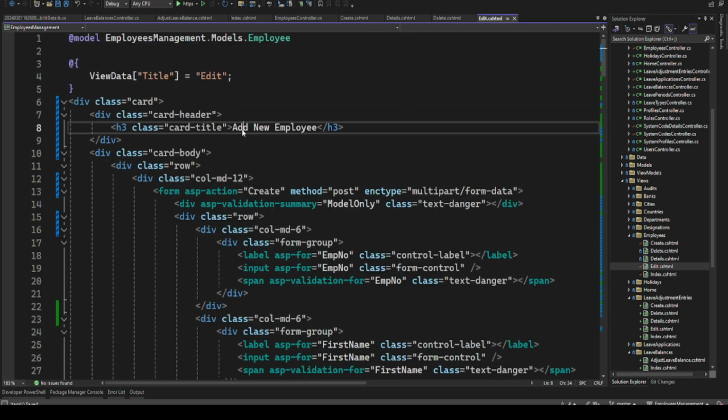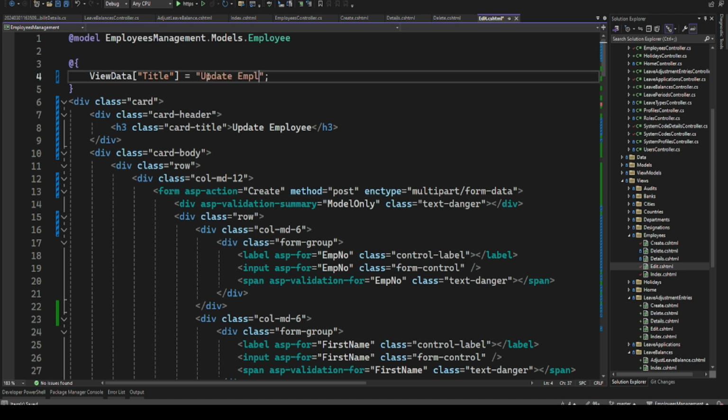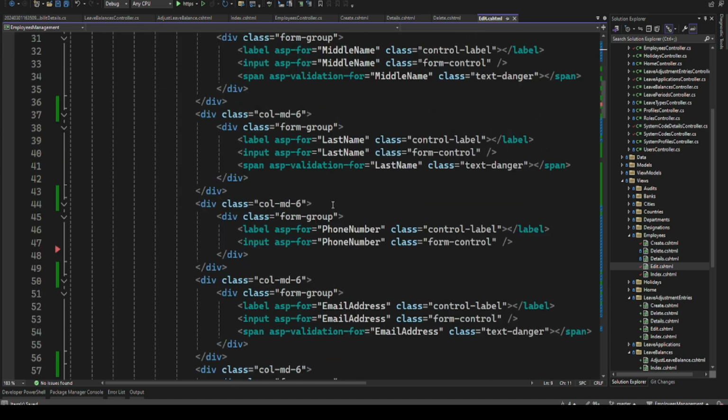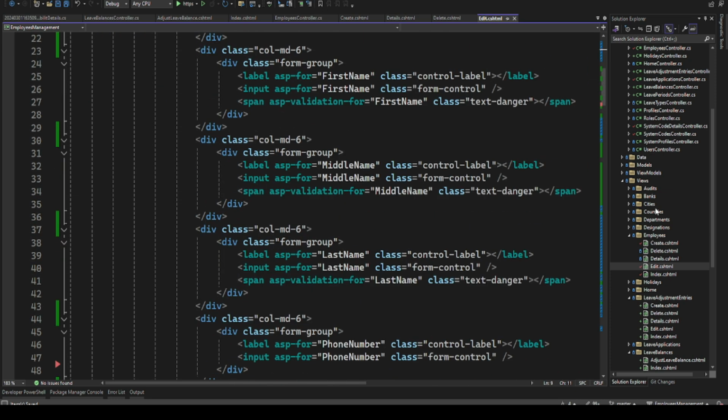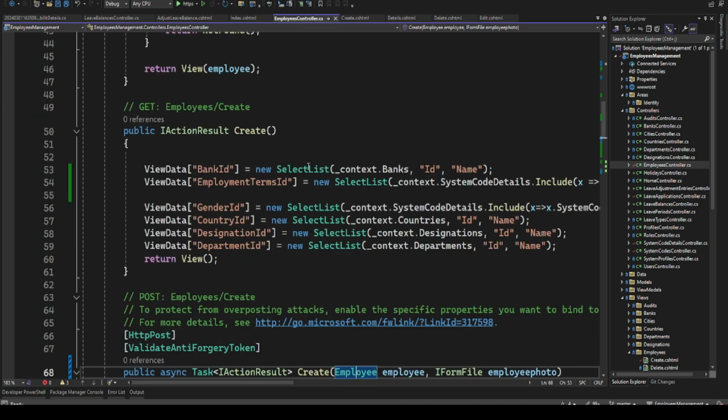And we can say here is update employee. Then our title here should be update employee details. So if we do that, it should be okay now. So we should go to our employees